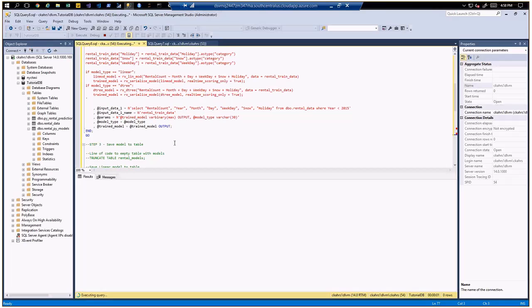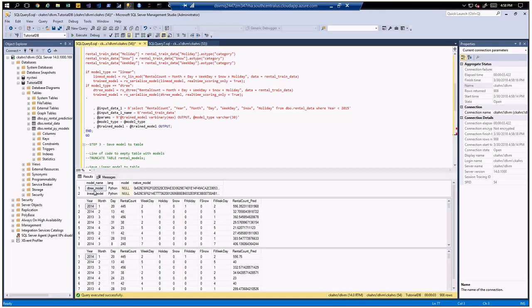Assuming I've set up everything, I think I have it. Yeah, sure enough, here it is: the D-tree model and the linear model, a comparison between the two. Again, these models are now stored inside SQL Server, and you saw how fast it executed. Like Lucas showed you, there are a lot of constraints or things to think about, but the benefit of this